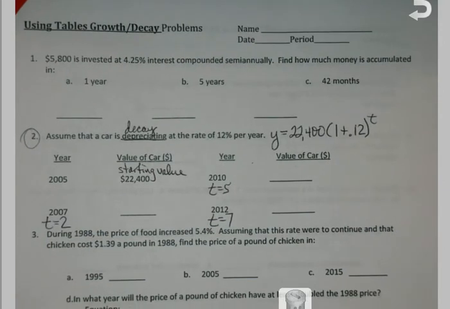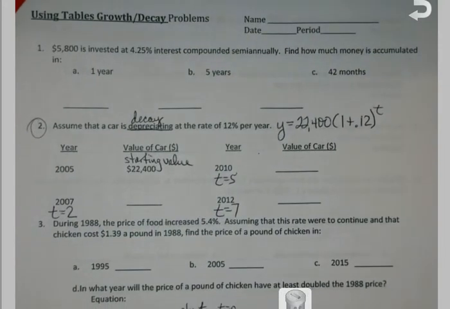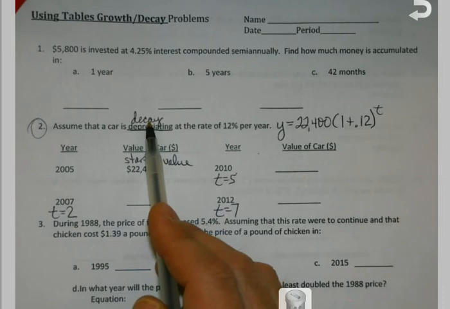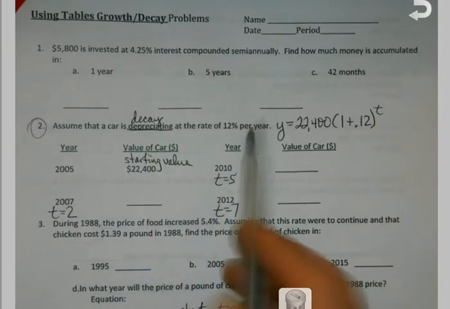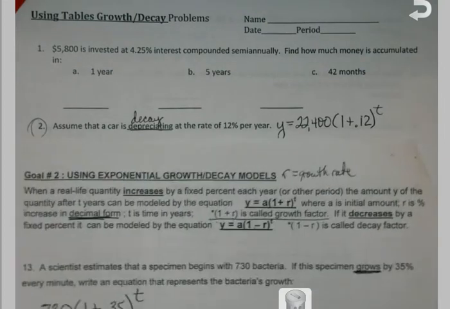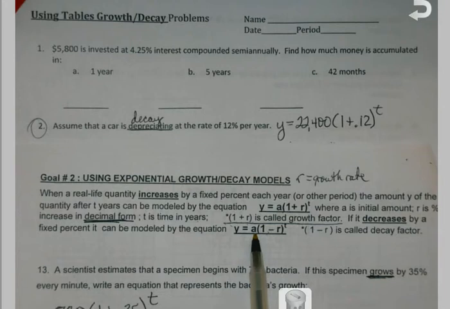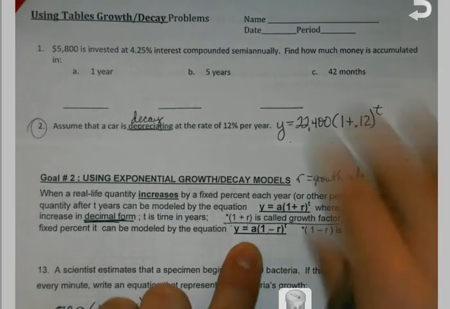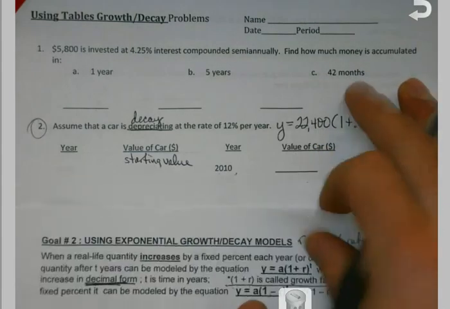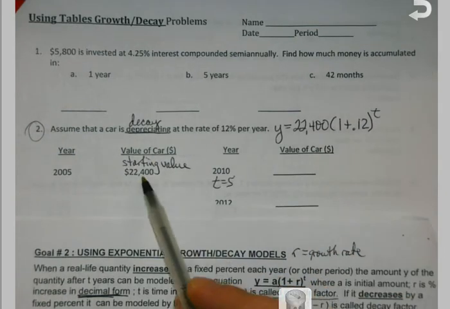So for instance, and I already gave my stuff away by having it written here, well, that's okay. We'll talk through it. Assume a car is depreciating, same as decay, the value is going down, at the rate of 12% per year. Okay? It is not an interest problem, and we are in decay mode. A is my initial amount. What's my initial amount? Well, the first year I see on here is 2005. That's the starting value of my car,